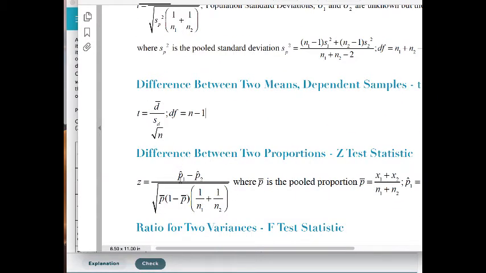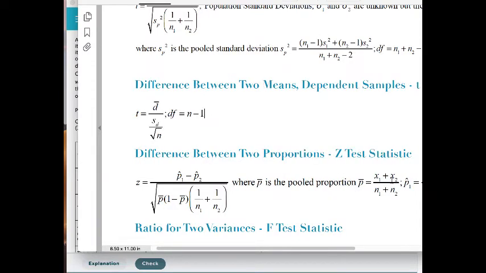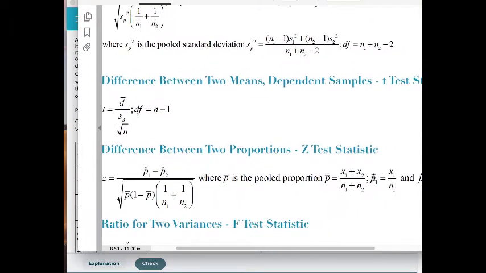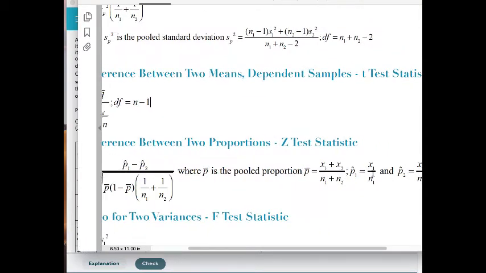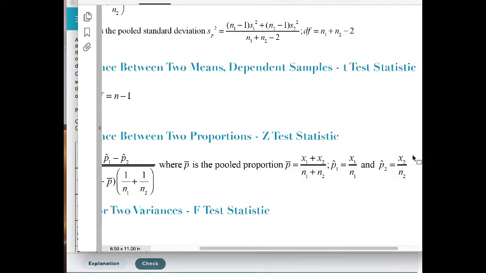So we have P1 hat minus P2 hat all over the square root of the pooled proportion P bar, and 1 minus P bar, times the sum of the reciprocal of the sample sizes. And you say, well, what's P bar? P bar is taking the numerators of the two sample proportions, x1, x2, those are the numerators of the sample proportion,